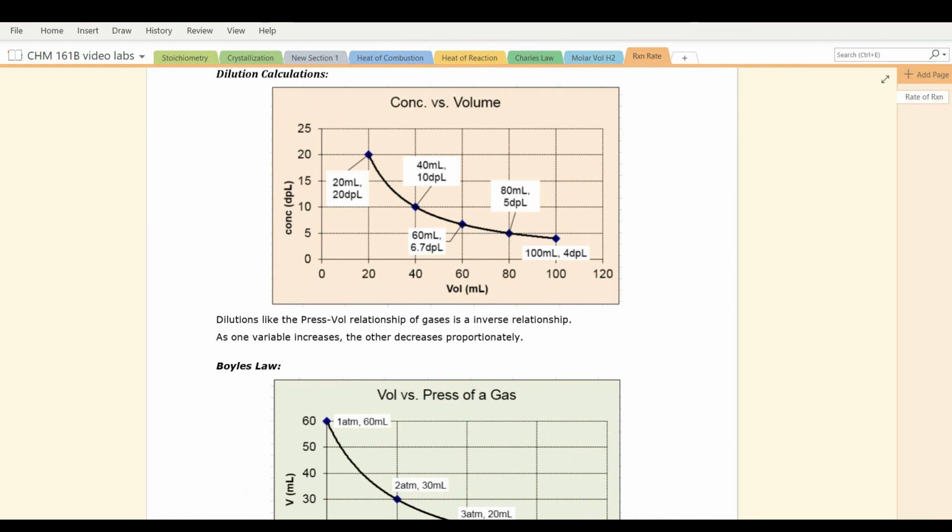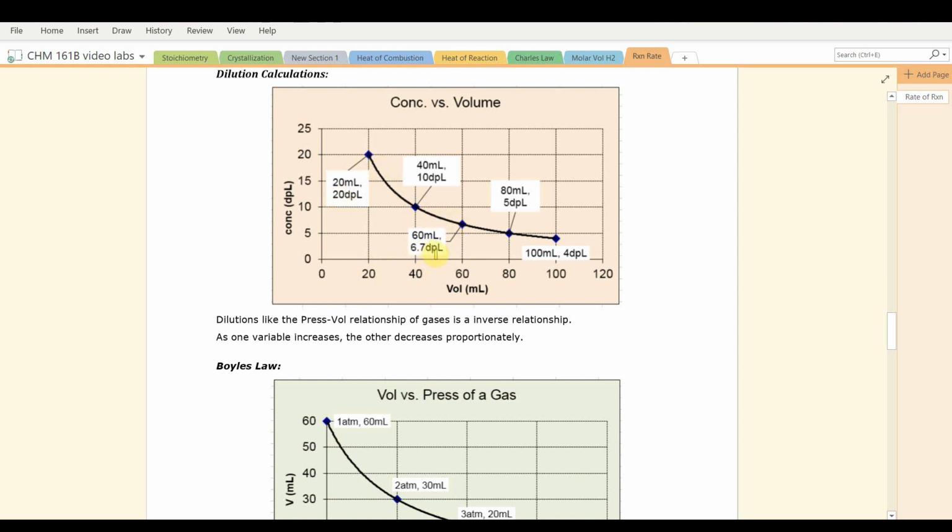Let's take just a moment to look at dilution calculations on a graph. Here's a plot of concentration versus volume. We started with 20 milliliters with a concentration of 20 drops per liter. We doubled the volume by a factor of 2 from 20 to 40, and that decreased the concentration by a factor of 2 from 20 drops per liter to 10. When we tripled the volume from 20 to 60, that reduced the concentration by a factor of 3 from 20